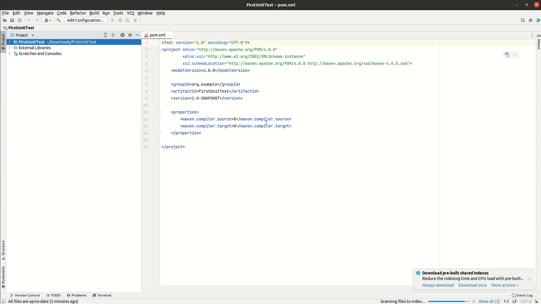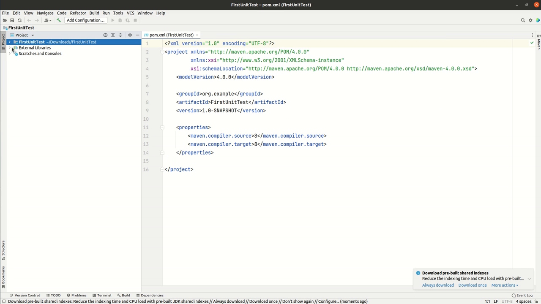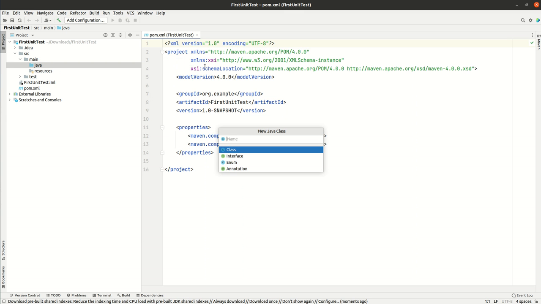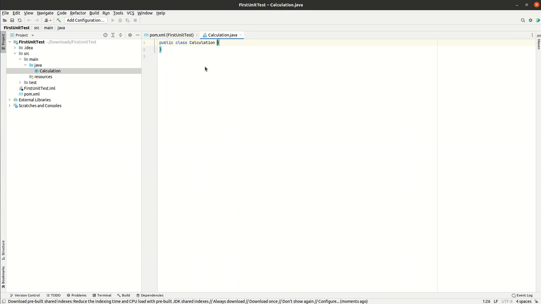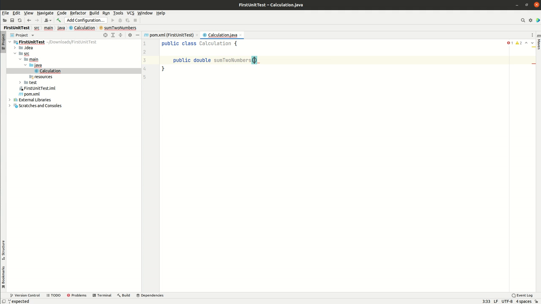We'll choose this window, and here it opens the POM XML, and we are going to the source main Java, and we will create a class called calculation. And we will want to have, for example, a method that sums two numbers. It will have two parameters, and it will return